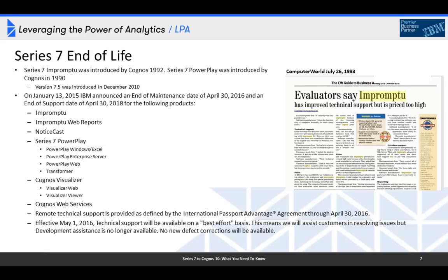On the 13th of this year, IBM announced that as of April 30th, they were no longer going to be able to sell the Series 7.5 software, and that by April 30th of 2018, the software would no longer be supported, not even on a best effort basis through the help desk. So what does that mean? Well, it means Impromptu Web Reports, NoticeCast, PowerPlay in all of its flavors, Visualizer, and web services if you were doing programmatic integrations,